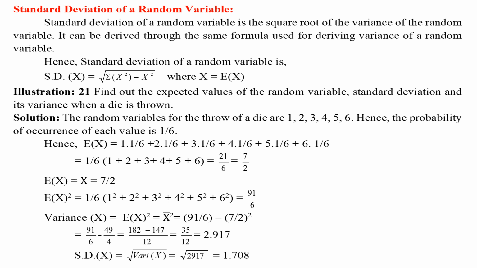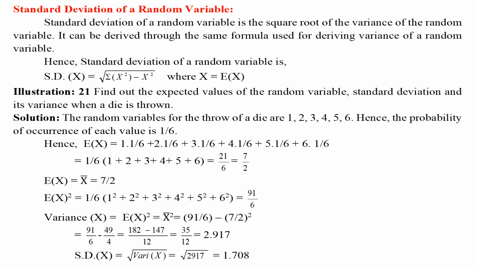Illustration 21. Find out the expected value of the random variable, standard deviation and its variance when a die is thrown. Solution. The random variables for the throw of a die are 1, 2, 3, 4, 5, 6. Hence, the probability of occurrence of each value is 1/6. Hence, E(x) equals 1 × 1/6 plus 2 × 1/6 plus 3 × 1/6 plus 4 × 1/6 plus 5 × 1/6 plus 6 × 1/6